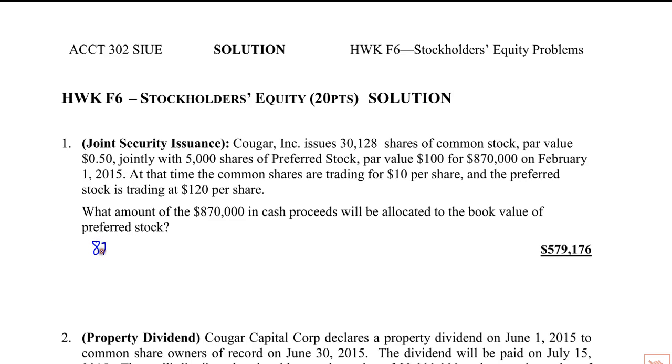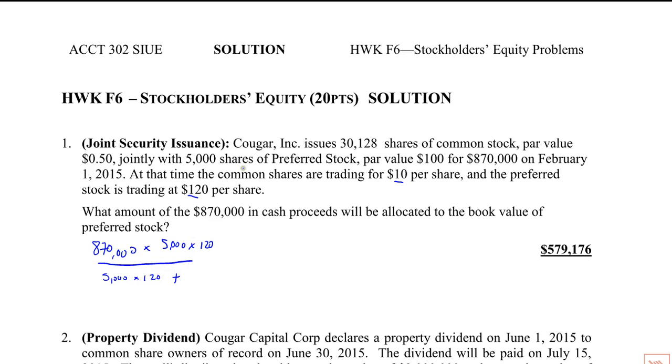But we know we're going to allocate 870,000, and what we need is to multiply it by the market value of the preferred stock if it had been issued separately, because we do have common shares trading for 10 and the preferred stock trading at 120. So they issued 5,000 shares of preferred stock, and that's 120. All of this is going to be divided by 5,000 times 120 plus